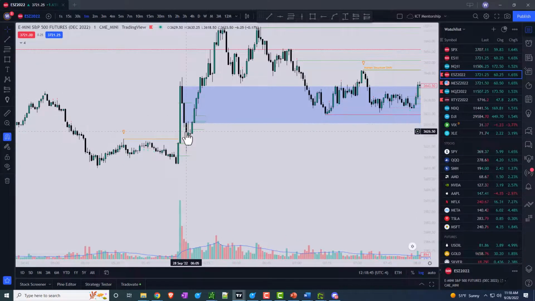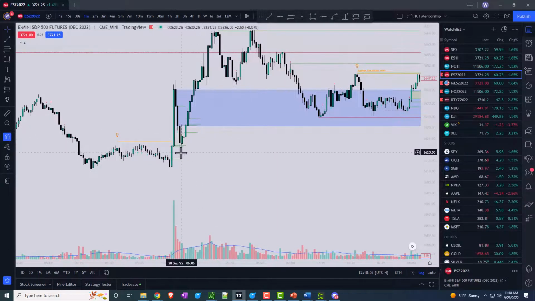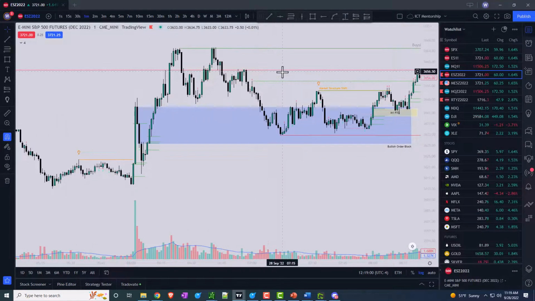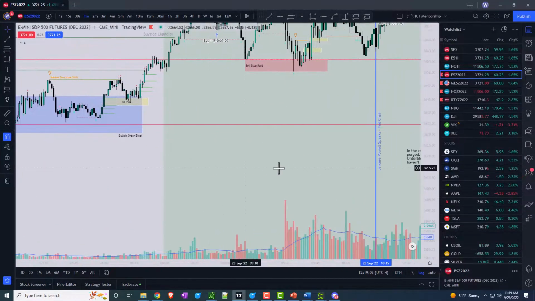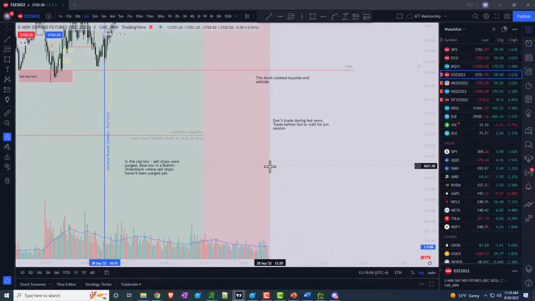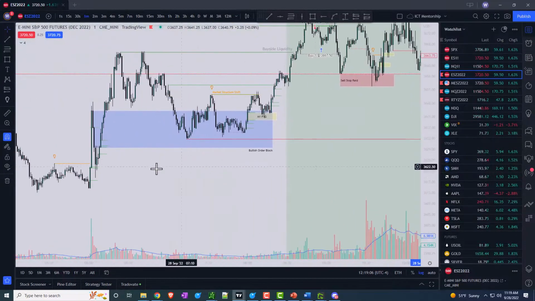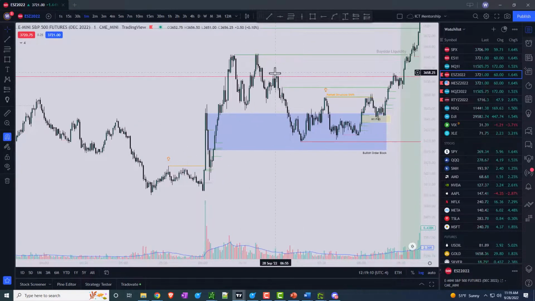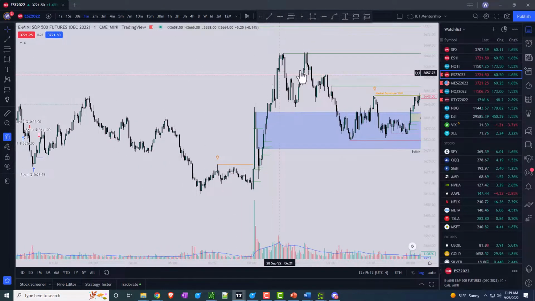So these three minute down candles are a bearish order block. It tapped into this fair value gap here and then ran higher. So this red line here, this is our previous week low and the June 17th low. So it ran up. It took some of this buy side liquidity up here,